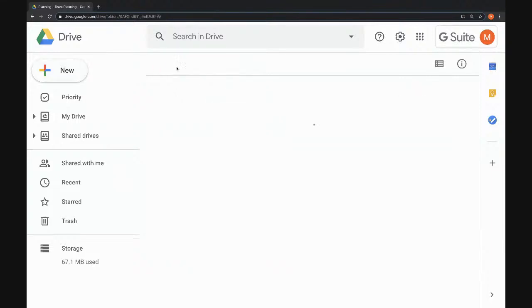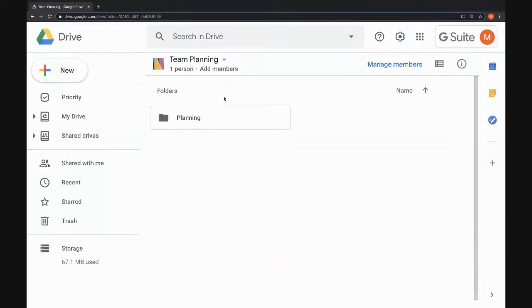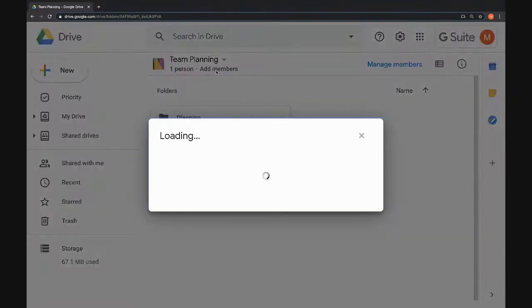So going back to the main page, at the moment, I'm the only one in this shared drive, which you can see from the top here where it says one person. That kind of defeats the object of using a shared drive. So what I'm going to do now is add some more people to my drive so that I can share my planning documents with them. So if I click on add members here,